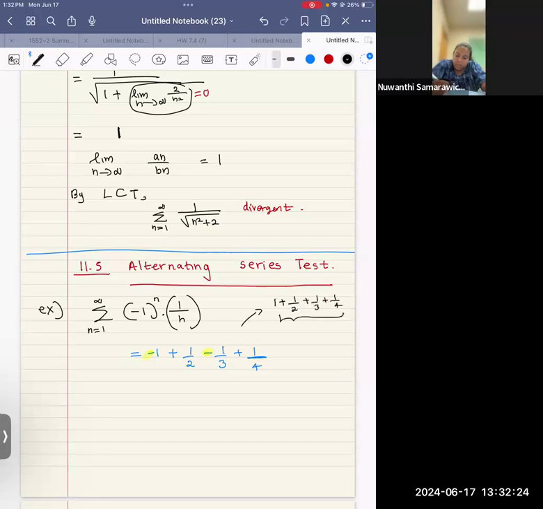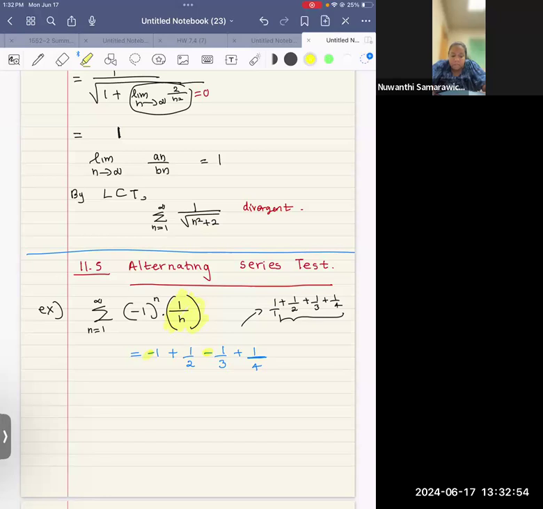What is this series? This is just 1/n, right? What is this series? Harmonic series, okay? If you don't have this sign, it is a harmonic series, and you know harmonic series are